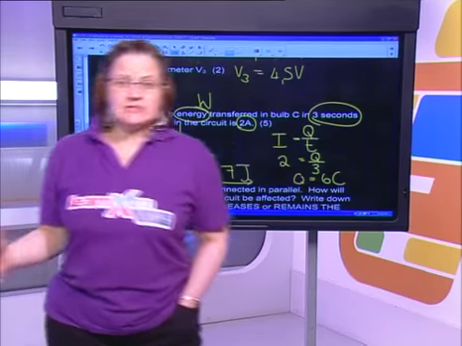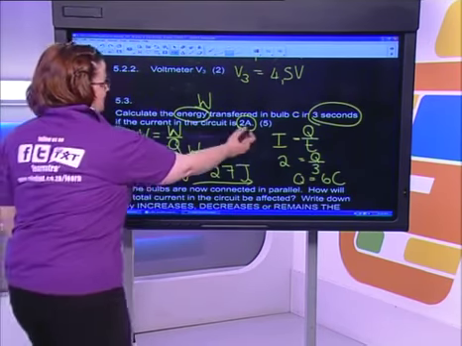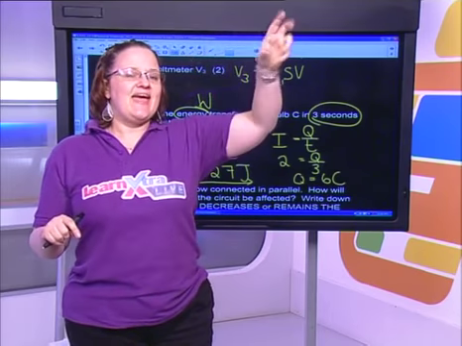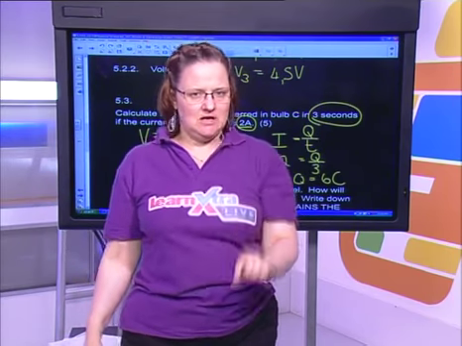Okay, now this is obviously a typing mistake in the paper, because we just worked it out. The current isn't 2 amps, it's 1.5 amps. Please use the information given to you. I know it freaks you out a little bit, but don't say, well, I've just worked out current to be 1.5 amps. They won't carry that 1.5 amps down into the next question because they gave you a current to use. Use that current.